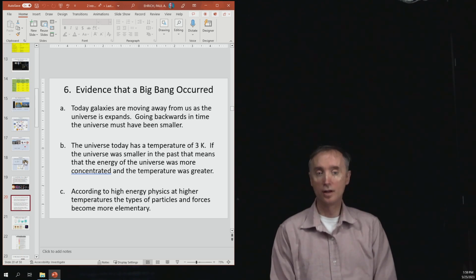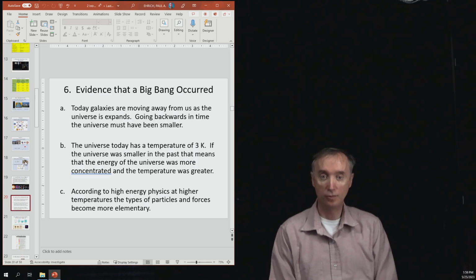Okay, then the third line of evidence, we glean this from high energy physics, in which we take particles and slam them into each other at very high speeds. At higher and higher temperatures, the kinds of particles that you can create get smaller and more fundamental. And so that's why we think that the universe initially was very, very hot, very, very small, and composed of